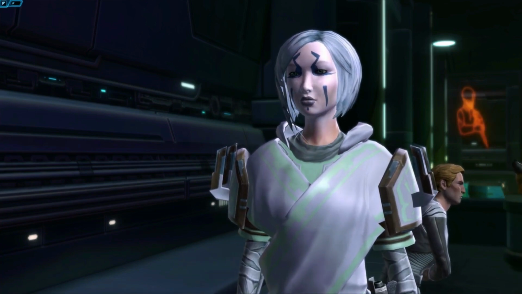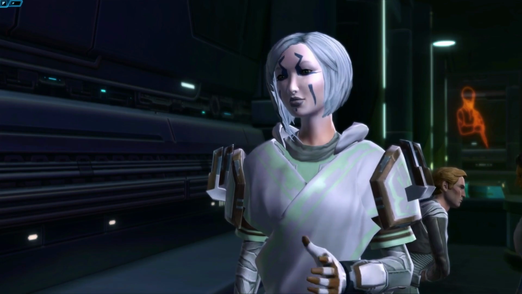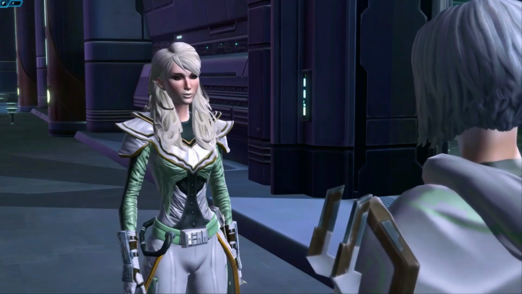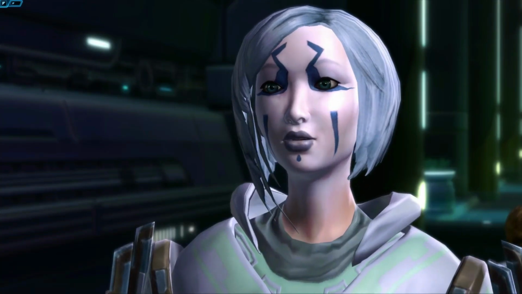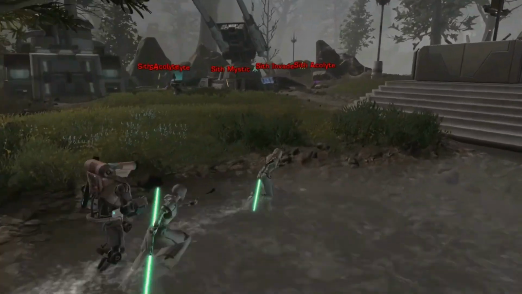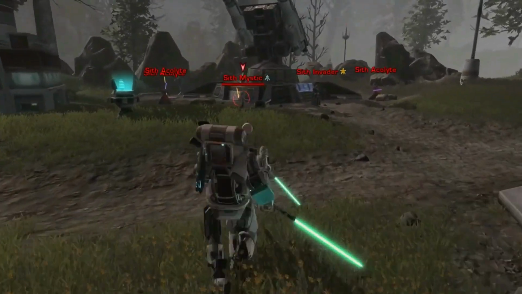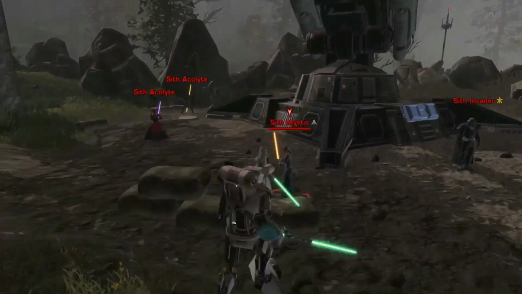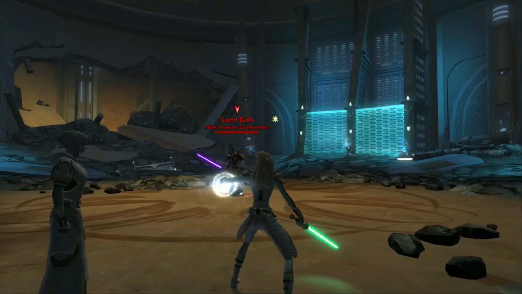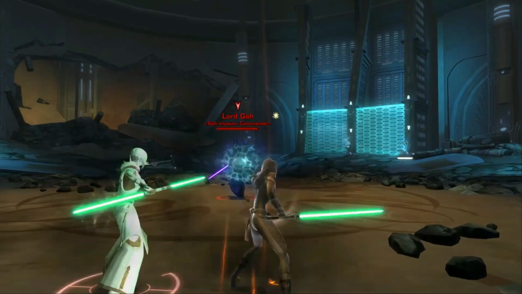You can speak to your companions as you progress through your story, on your ship, or in rest areas. As you speak to them, you gain influence, and they'll be more receptive to talking with you. Influence also makes them stronger in battle. If you have a companion with high influence, you might be able to solo fights that were designed for a group, like heroic missions. You can take on some really tough enemies if you have a high influence companion with